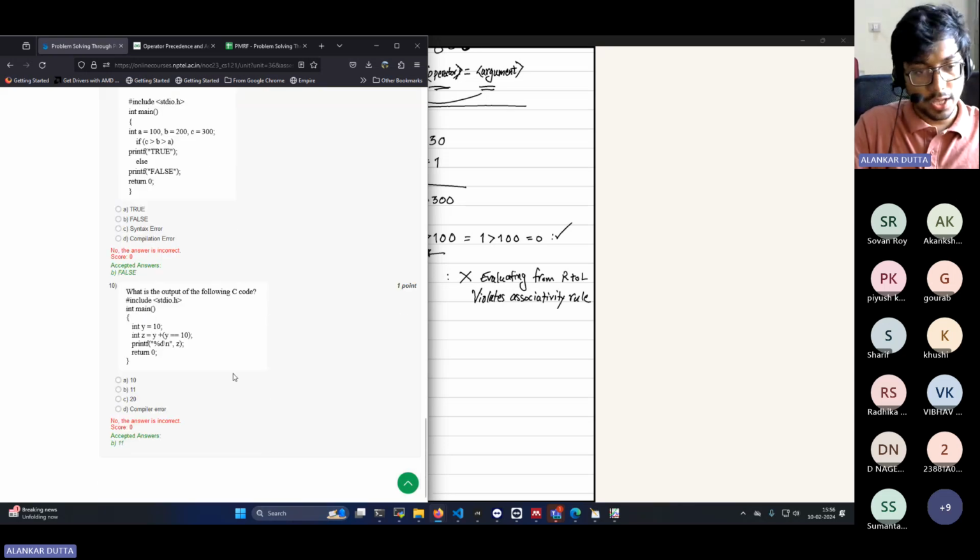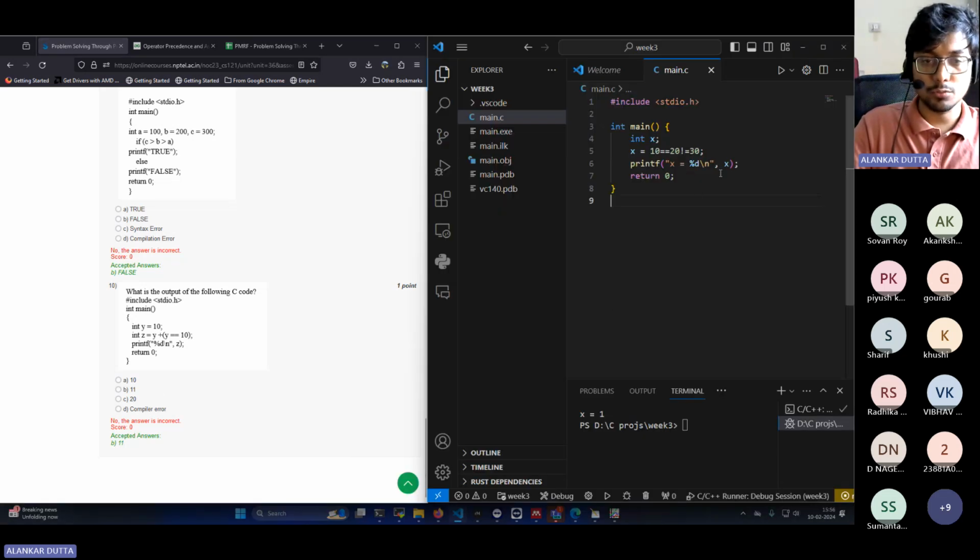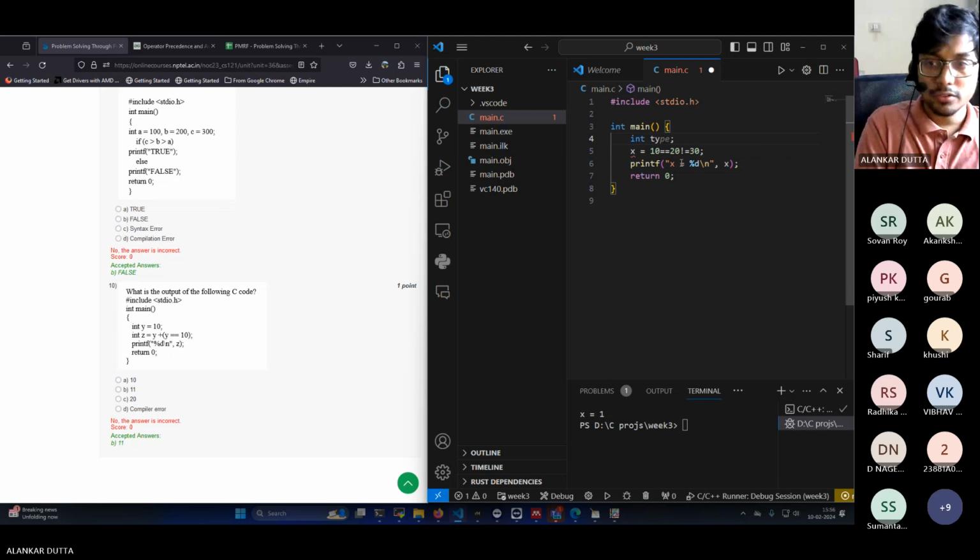Okay, so let's go to the last one, where you have y which is assigned 10, z which is assigned a different value, and then the code is printing the value of z, and we are supposed to guess what the value of z is. So let me again write this small code down, and then we will break it up and discuss why the result is what we are getting. So let's say y equals 10